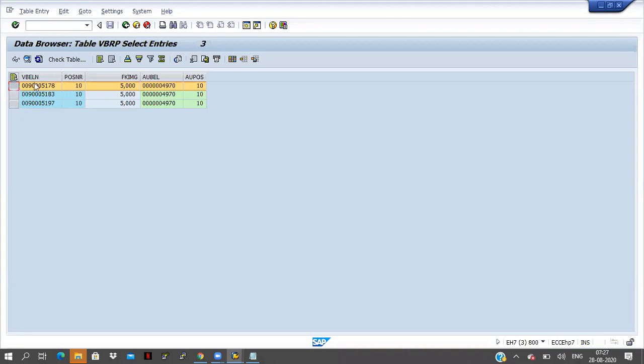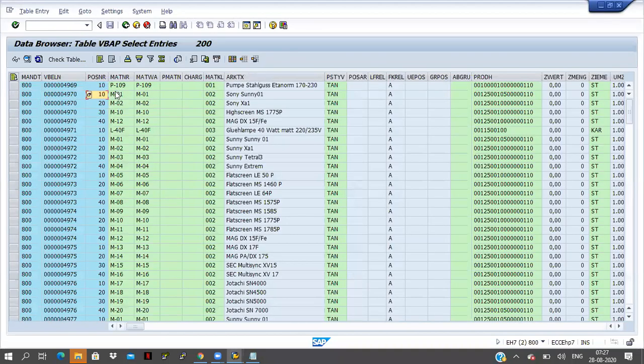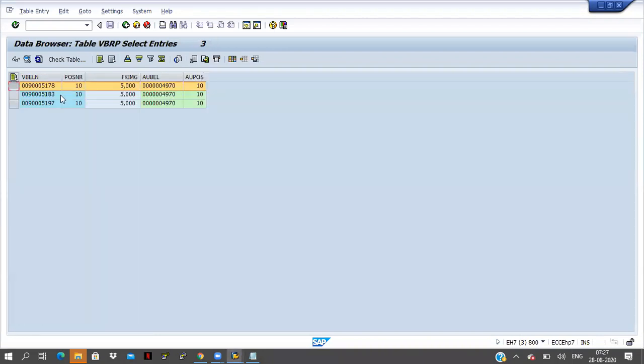I am taking one sales document number, but for only one sales document number, it contains 3 billing document numbers. READ TABLE syntax is for reading only one record. So if you want to read multiple records, then we have to take a loop statement.